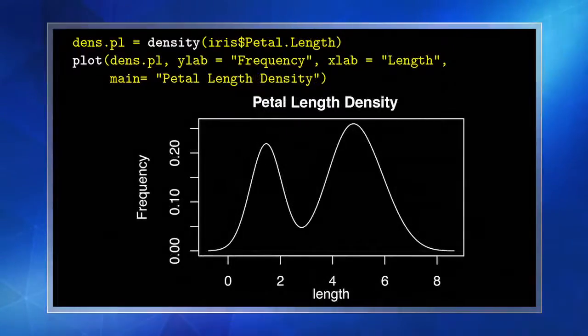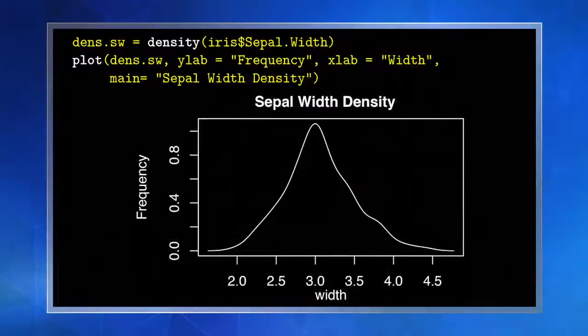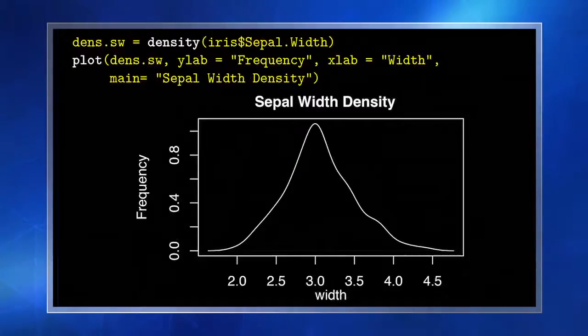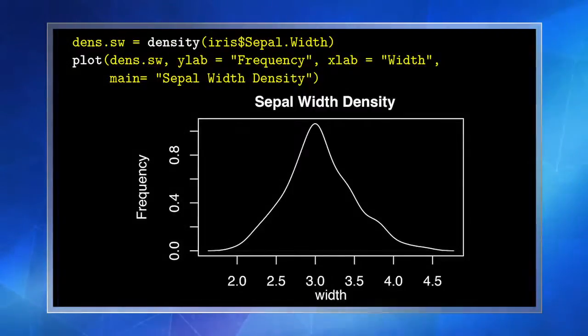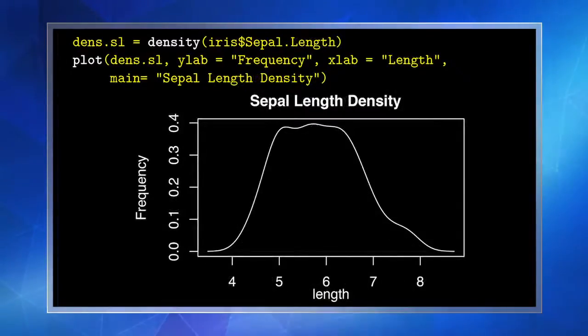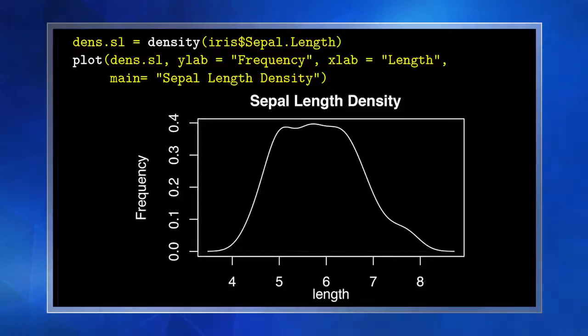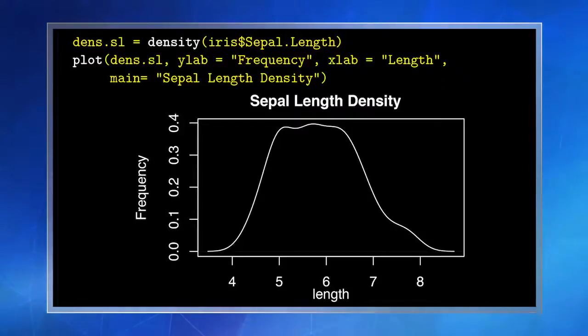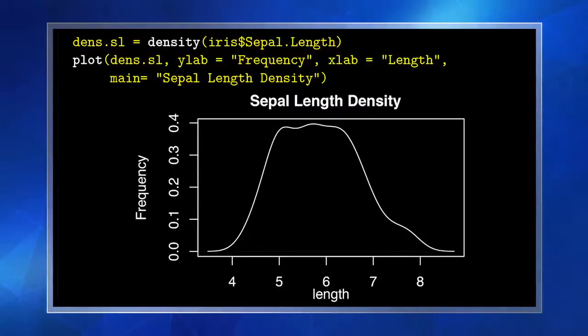Here's the one for petal length and sepal width. Okay, now that looks funny. Almost like a normal distribution. There's a peak around 3, and then it dies off and spreads from 2 to 4.5. Here's the sepal length density. That goes up in peaks, almost plateaus between 5 and 6.5 before it comes back down. Now, these density plots are nice to look at when you're looking at the length and the width separately,